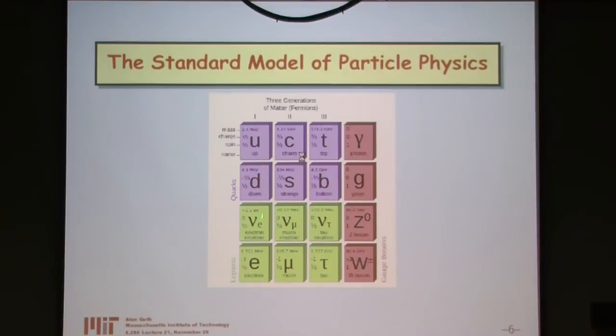And related to each family of quarks is a family of leptons, particles that do not undergo strong interactions, namely electron-like particles and neutrinos. This row is the neutrinos. There's an electron neutrino, a muon neutrino, and a tau neutrino, like we've already said. And there's an electron, a muon, and a tau, which I guess we've also already said. So the particles on the left are all of the spin 1/2 particles that exist in the standard model of